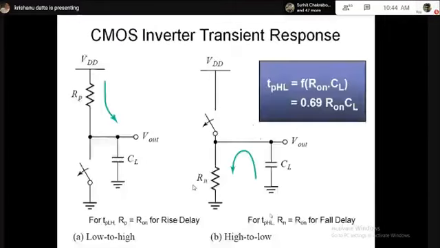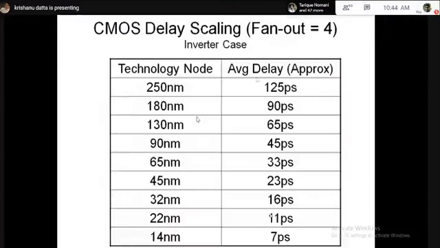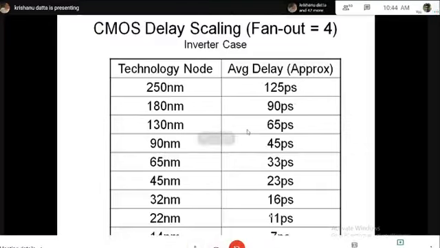So with that situation, if you see this table for inverter, in the left column I have put the technology node. All of you already know the technology node. That is the definition of L gate, which I covered in the introduction, and these are the numbers you are familiar with. On the right hand side, what you see is the average delay, which I also defined as rise delay plus fall delay by 2, and these are the numbers. Now you have to tell me what is the correlation between these two columns. Do you find any pattern? Average delay is half of technology node. Perfect. That's the simple summary.